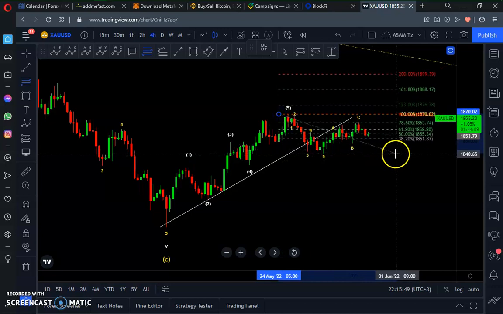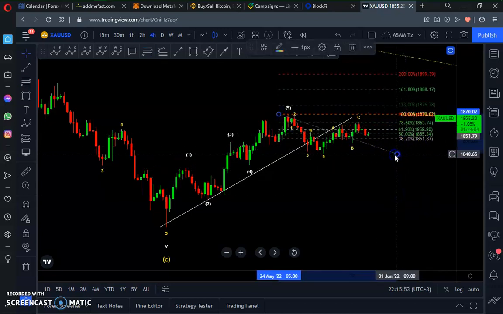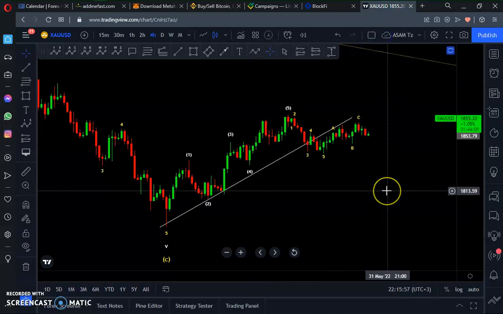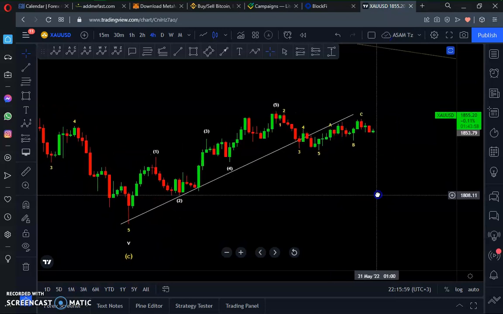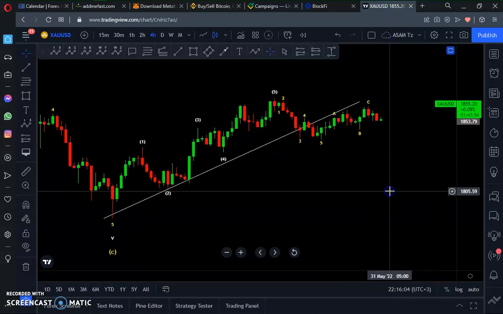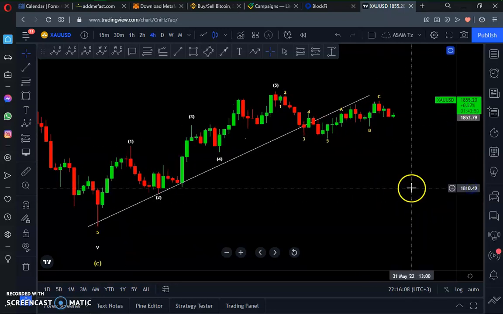So now price has corrected to around 78%. 78% is a proper area for price to turn and keep on moving to the downside. So this is very clear in a 4-hour time frame. And also, in addition to that, there is a certain type of candlestick pattern that I always use.